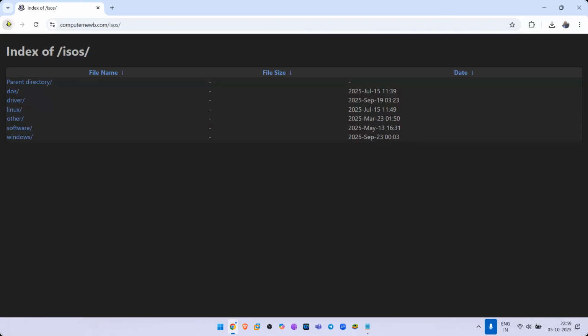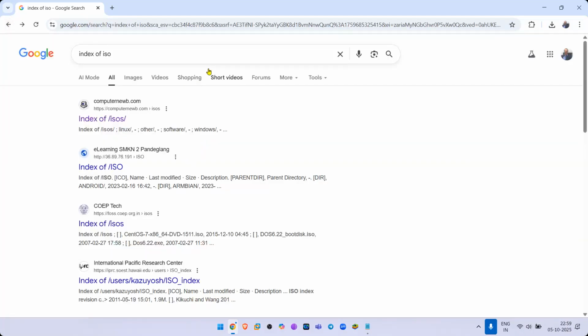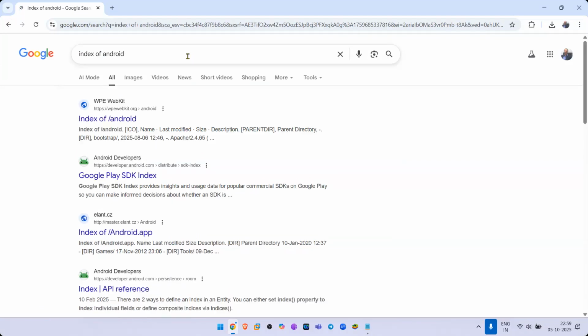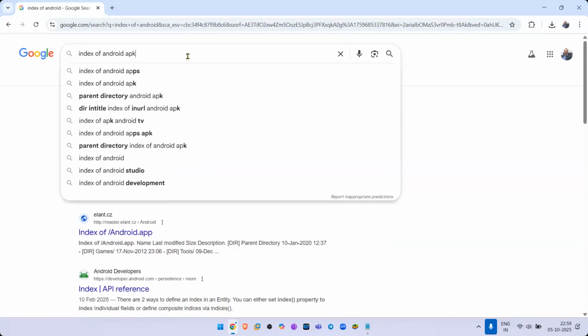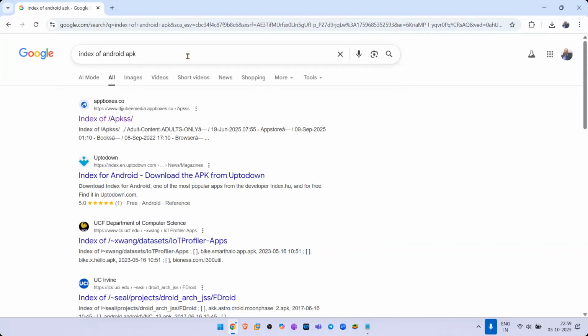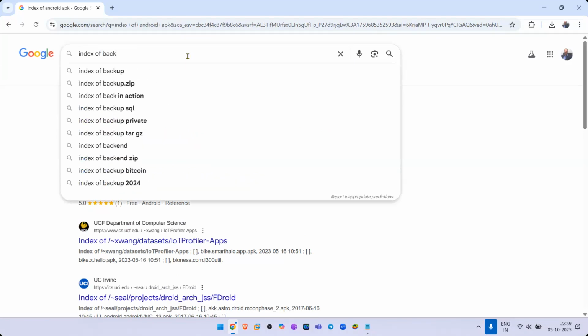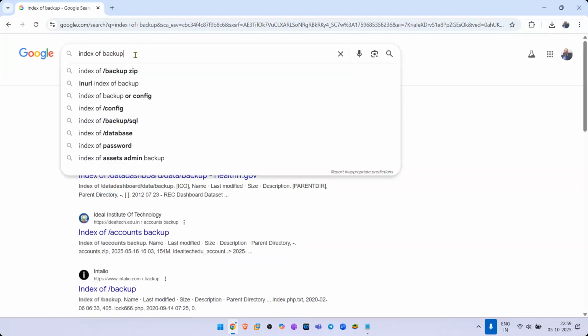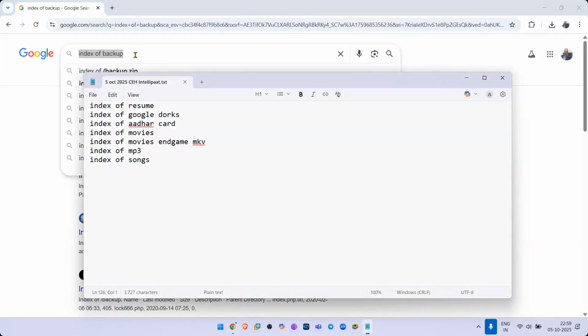Okay, just imagine. Okay, then we could have index of Android, index of Android APK, index of somebody's backups. And as I told you, sky is the limit to what you can download. Okay, sky is the limit to what you can think, right?